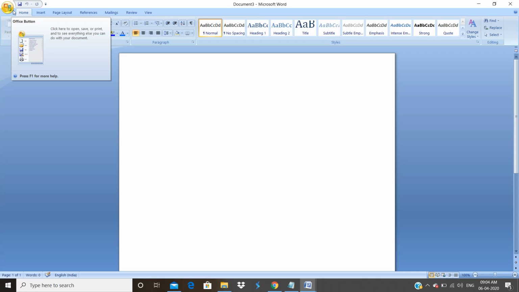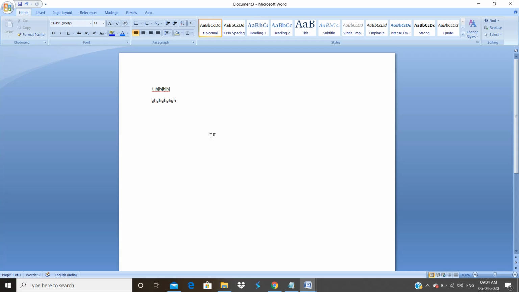And then you have the Quick Access Toolbar. So what is the Quick Access Toolbar? These are the Quick Access Toolbar. In the Quick Access Toolbar, you can quickly save this document, or you can undo. This is the Undo button. I did not type anything, so if I type and then type again, see, the Undo button is coming up, it is active.